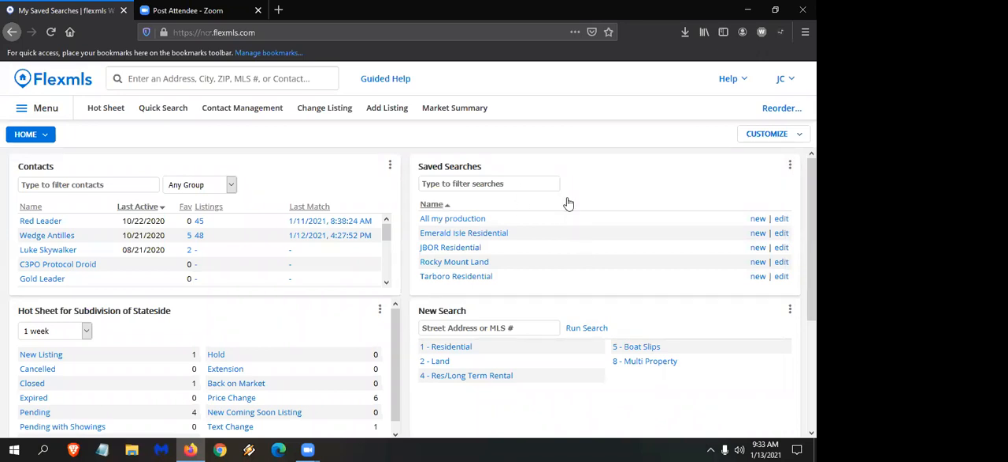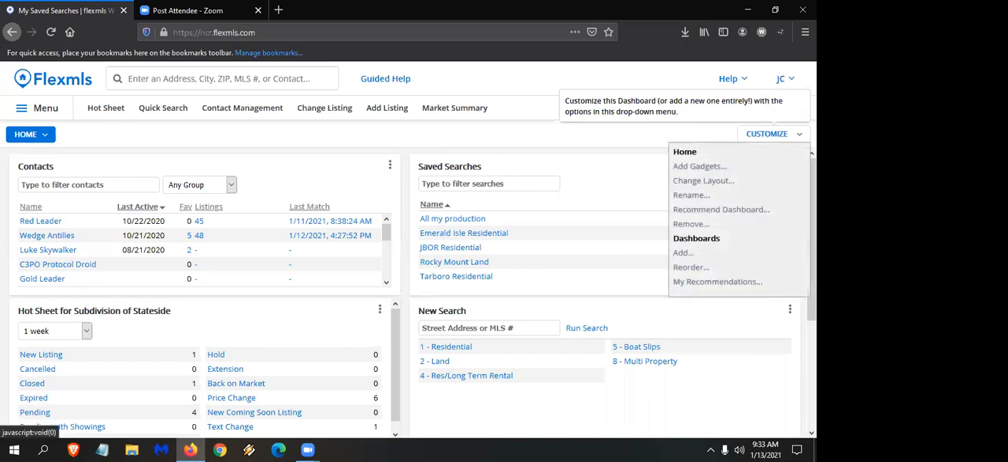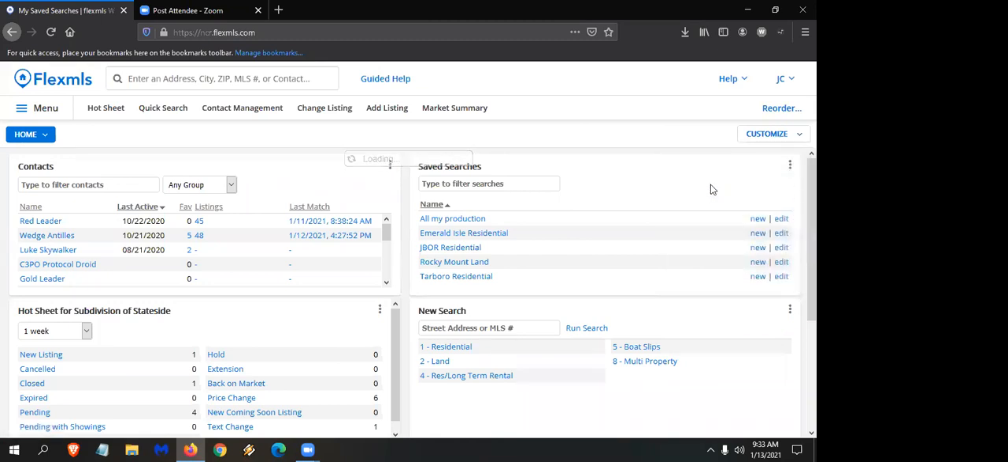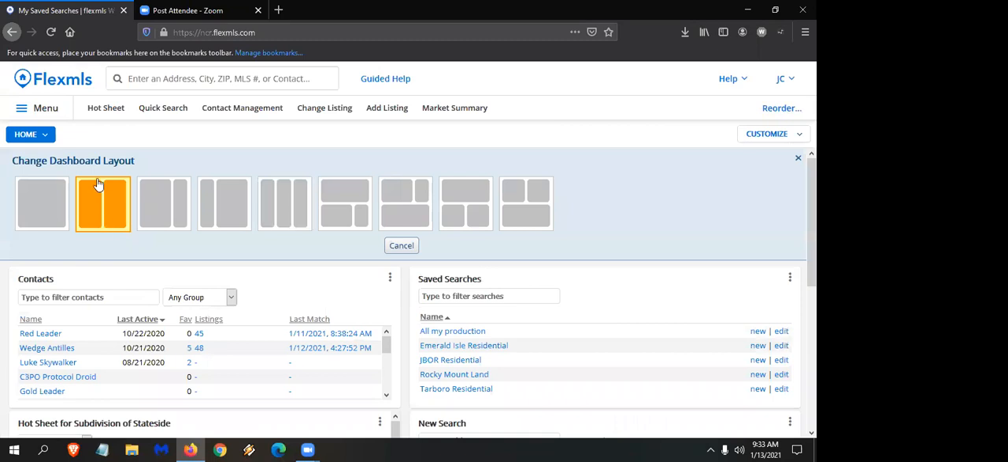Other things I can do to customize: if I go up to the customize button right here, we see again a down arrow or chevron, so we know that there are more options, and you even get some help text up there. I can do change layout. What this means is right now it's a 50-50, which we see right here. But I could change it to a 66-33